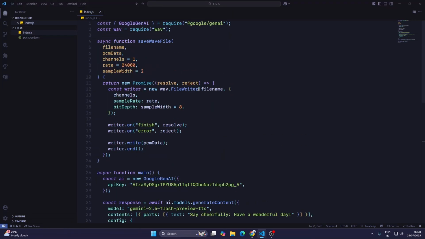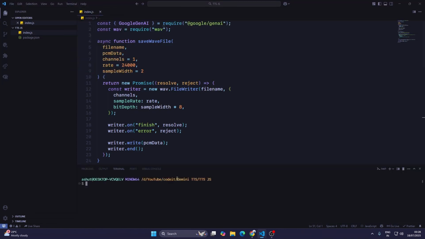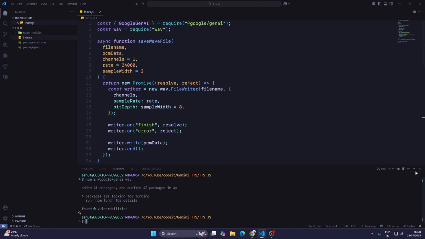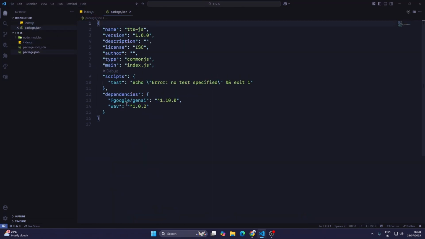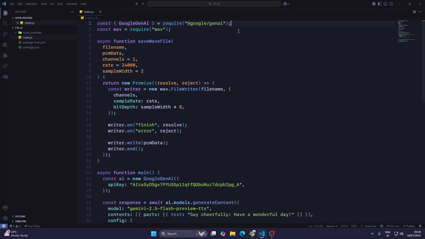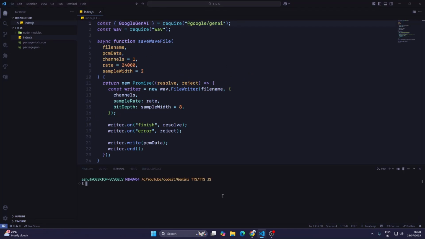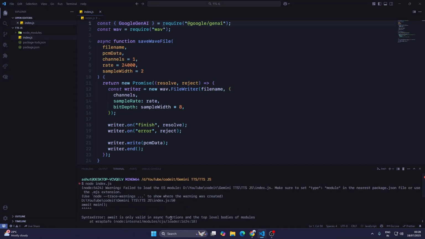First we will install these two libraries. Click on new terminal and just type in npm i @google/genai and wav. This will take a little bit of time to install. Yeah, now they are installed, and when you go to package.json, you can see there are two dependencies. Now to run this file, open up the terminal again and just type in node index.js. Okay, it's throwing an error